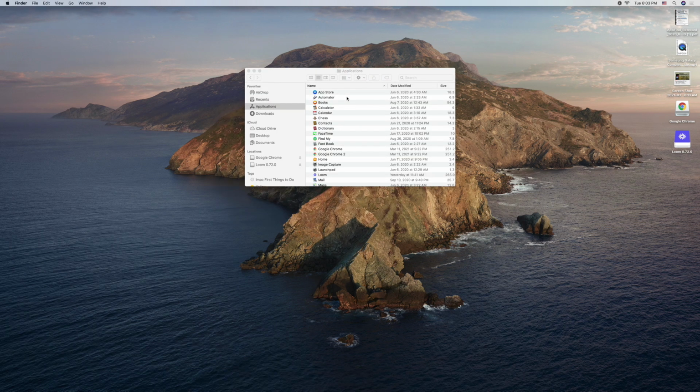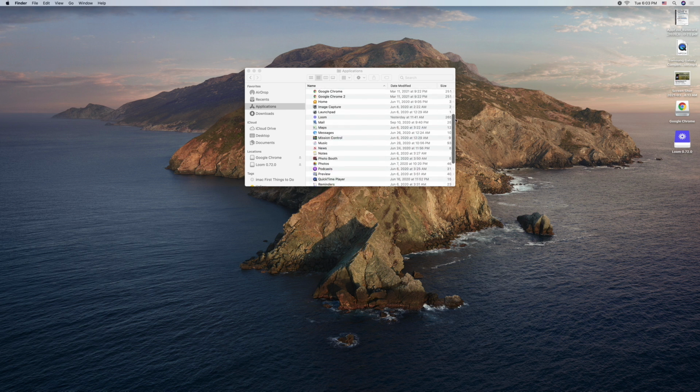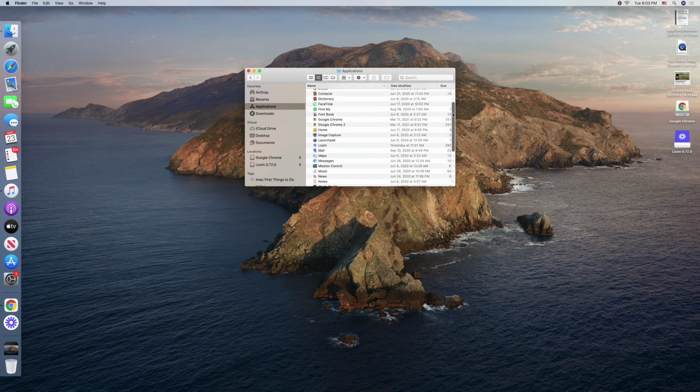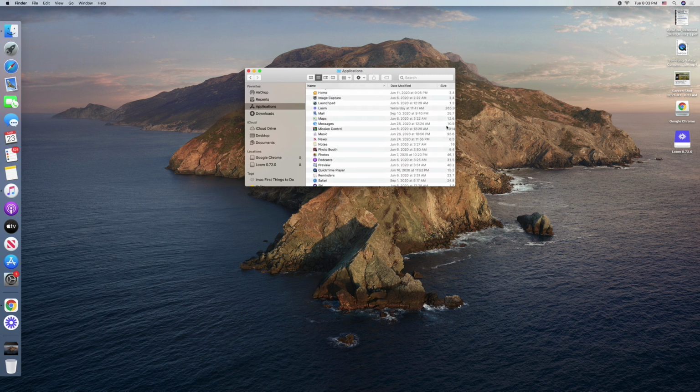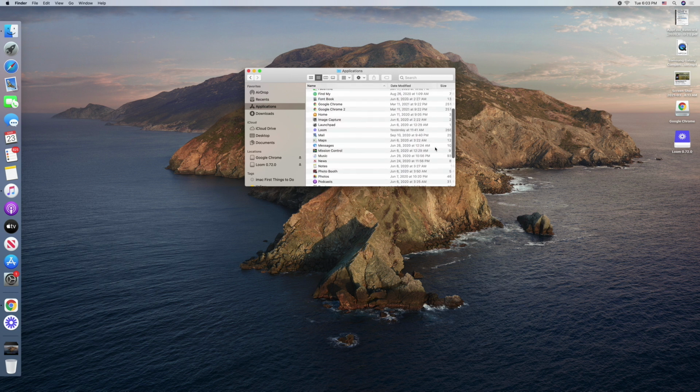As you'll quickly notice, the scroll bar that shows up on the right side any time we're scrolling down a menu will only appear once you start actively scrolling. And if you want to go over and grab it to start moving it manually, it can be kind of frustrating if it keeps disappearing on you. So I want to show you how to set up a default setting that will make it so your scroll bar is always there so you can have easy access to it when you want to manually scroll.